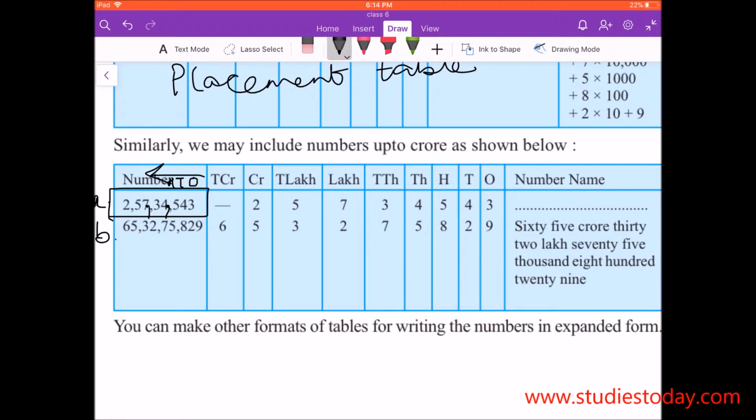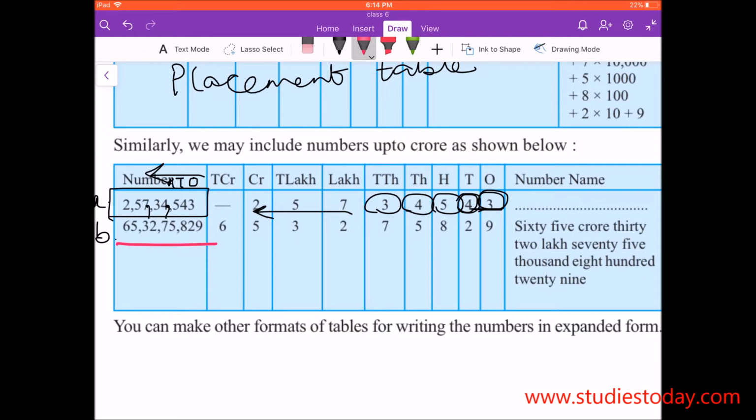As the first place is taken by the digit 3, it comes under ones, and then the next digit comes as 4, then 5, then 4, and likewise you start writing in the backward direction. So the backward direction is the highest place value of the number. In the same way, you can notice the next number, which is 65